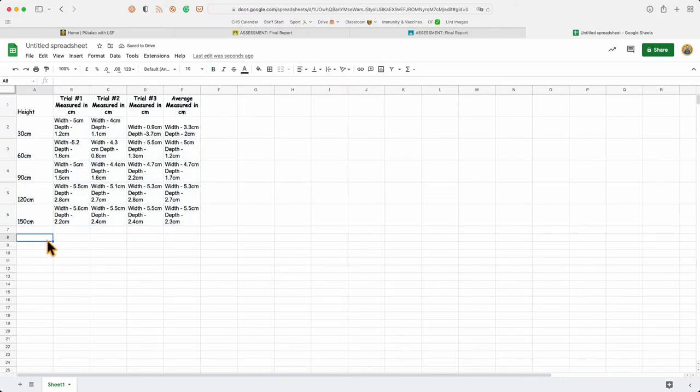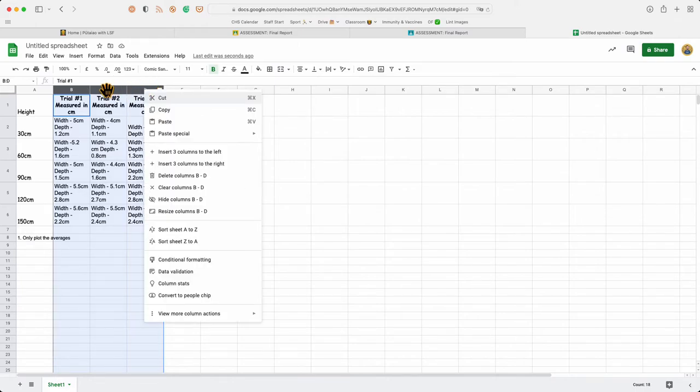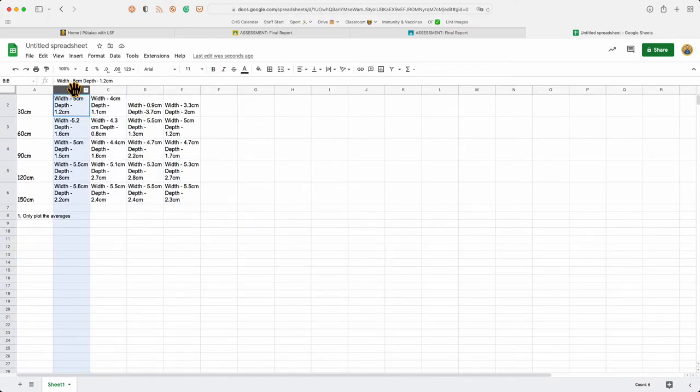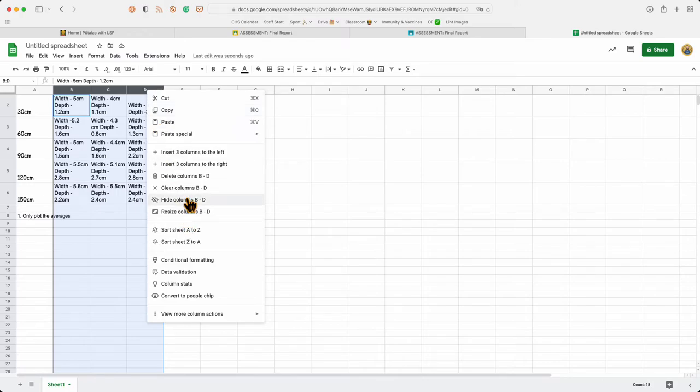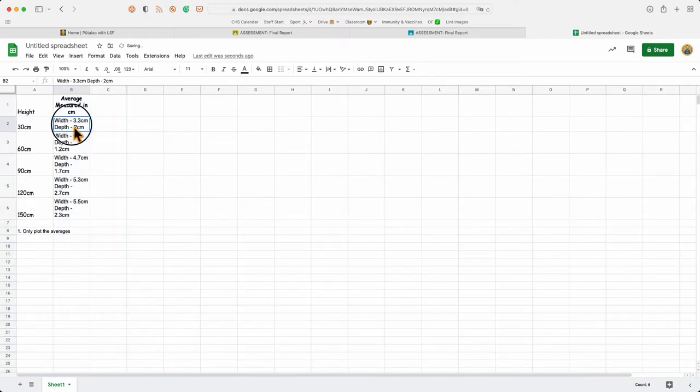Okay, so a few things to bear in mind is, one, only plot the averages. That means we want to get rid of the trials and we just want to keep the average. So I'll highlight those columns by dragging on the letters at the top, then I will right click and delete columns B through D. Okay, and we're just left with the